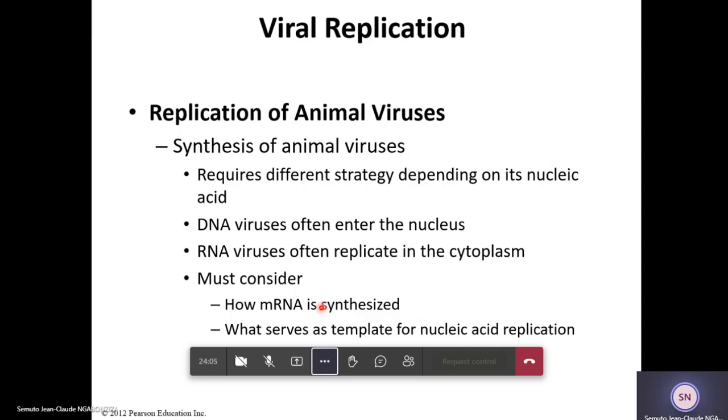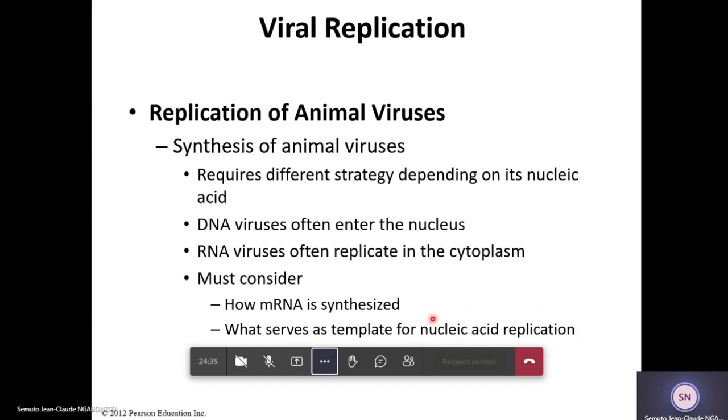We have seen that some viruses have positive polarity, some negative polarity for the RNA. Some have reverse transcriptase. So we see how each virus produces its messenger RNA, and messenger RNA here means protein. What serves as template for nucleic acid replication